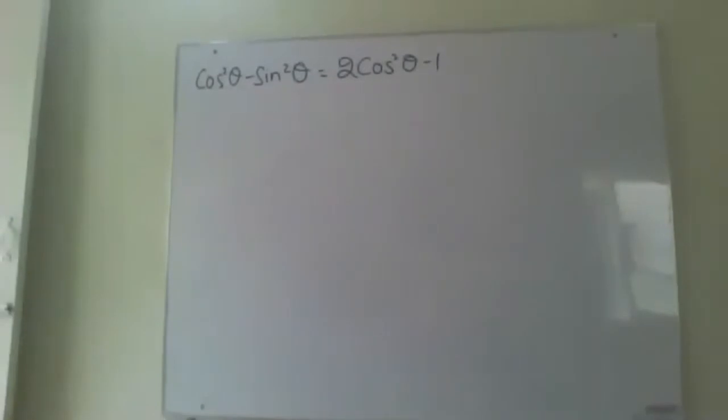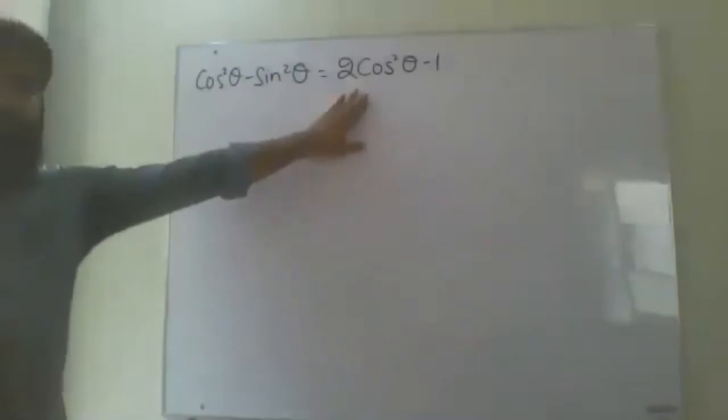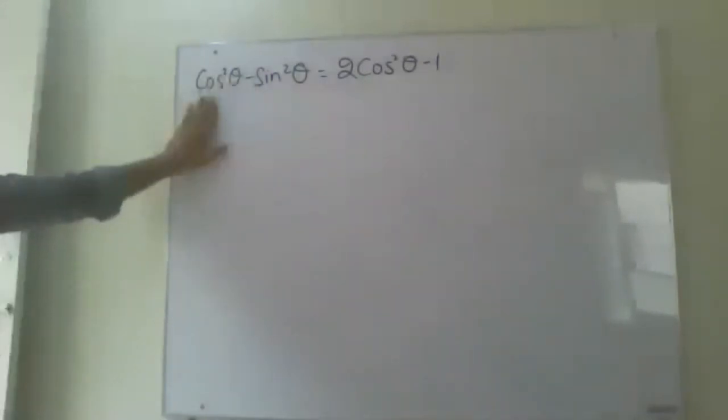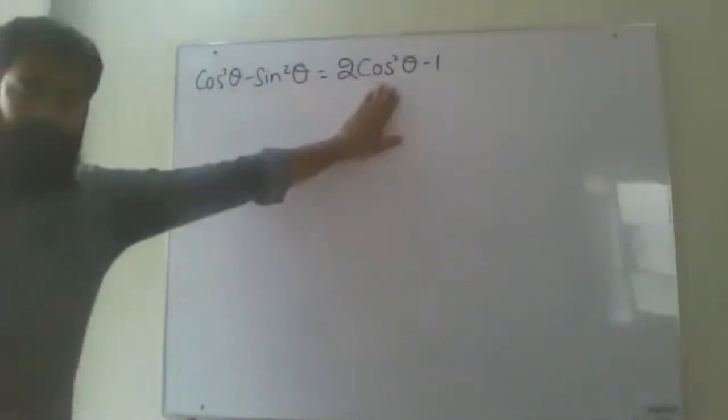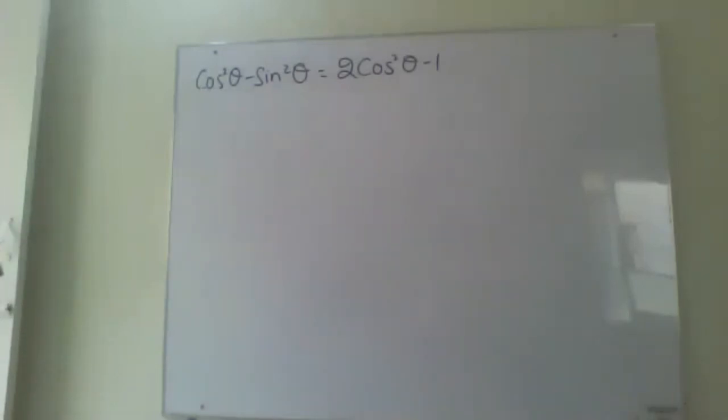In these types of questions, when you have to prove identities, these are called identity questions. When we have to prove these, there are two ways in which you can solve it. First of all, you can shift the whole thing which is written over here to the other side, so that side becomes 0, and then you have to make this side equal to 0 also. This is one way to do it.